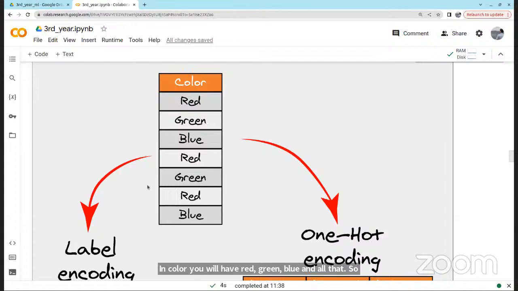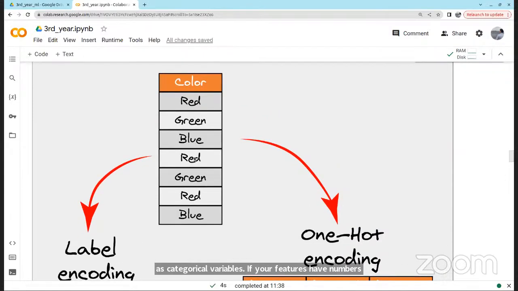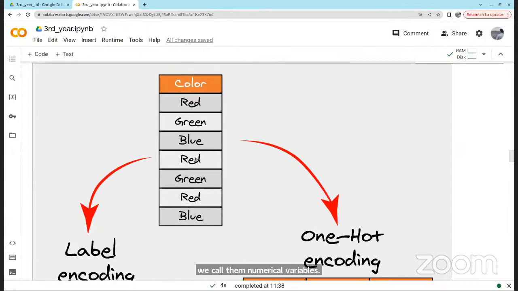For example, if you have another feature which is age, it can only be a number, like 15, 20, 25, 30. If your features have this kind of strings, we call them categorical variables. If your features have numbers, we call them numerical variables or numerical features.